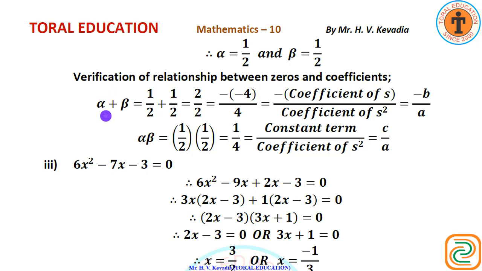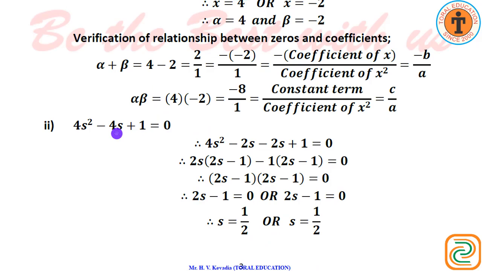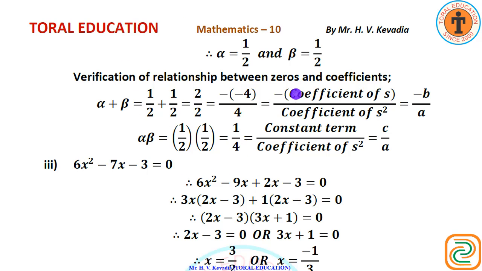Now verification. Alpha plus beta equals 1 upon 2 plus 1 upon 2. This is 2 upon 2, right? 2 upon 2, we can write it as minus 4 upon 4, because minus minus is plus. 4 upon 4 means 1. Here 2 upon 2 means 1. I have to get this one, minus b upon a. Look here, this is minus into coefficient of s upon coefficient of s square, that is minus b